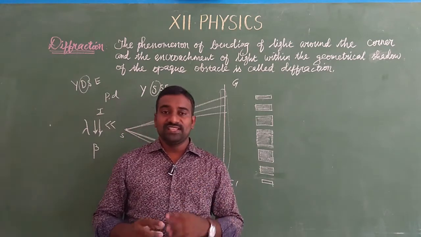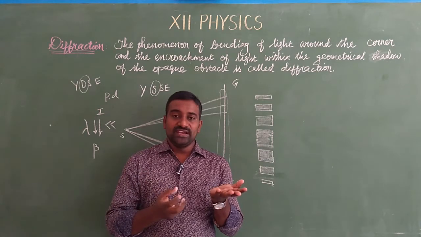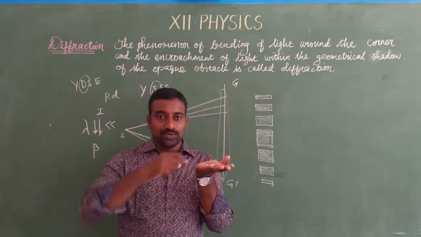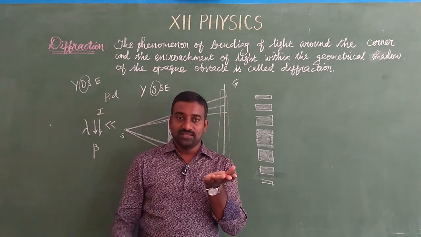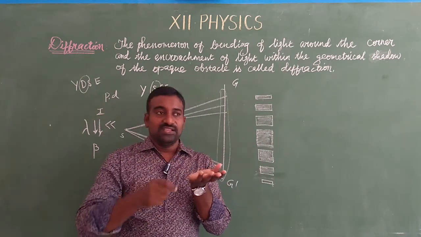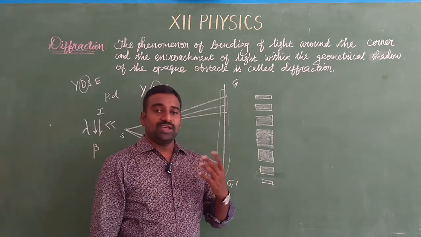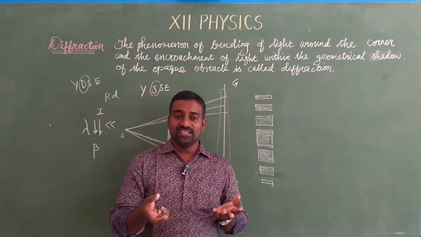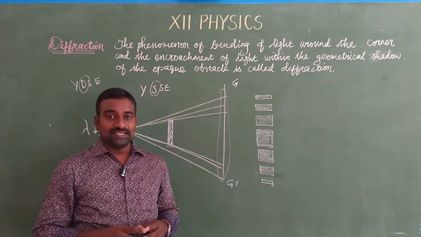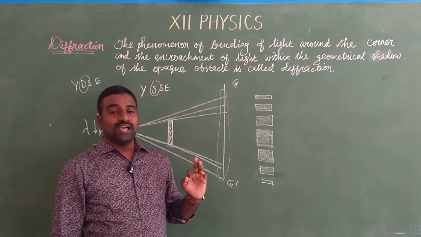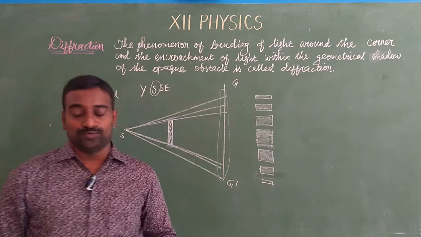I can say one example. You know the CD or DVD. When you buy a new CD or DVD, just keep it to the side and observe the surface of the CD or DVD, you can get some rainbow pattern, some VIBGYOR pattern. So that is like a diffraction. Not many examples, only a few examples we can experience in our day-to-day life. So I gave one example. Now we are going to see how Young explained all this using a single slit experiment.